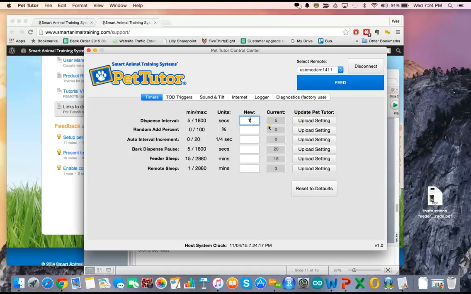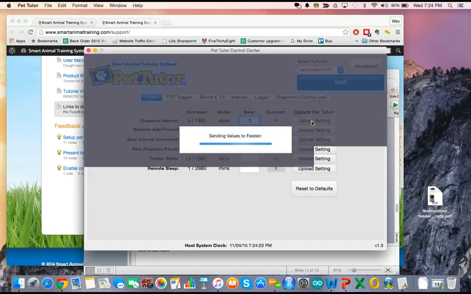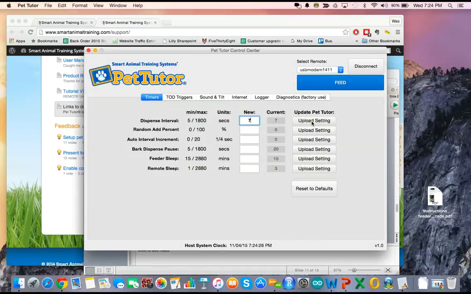The way I send that out and store it out in the feeder or the remote is to hit upload settings. And so now it's running, and you'll see, notice the current has now changed. So it was 5, it's now 7. So now that's stored in a semi-permanent memory out in the feeder. So even if you turn it off, take the batteries out, that value will not change until you come back to the software. So that's a nice thing about these settings, is they stay there semi-permanent until you change them